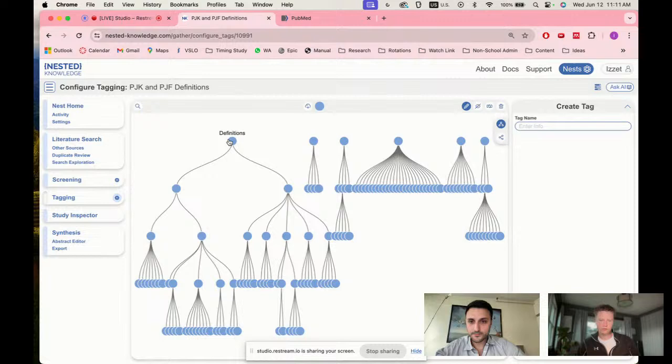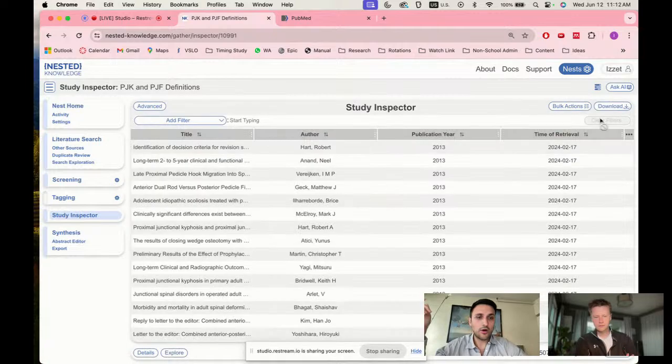So for example, I have definitions for PJK and PJF, but then I have this thing called MISC, miscellaneous. So for example, if I need to get work done and I want to pull the mean follow-up from papers, I'll create a tag called needs mean follow-up, and I'll bulk action that onto everything.